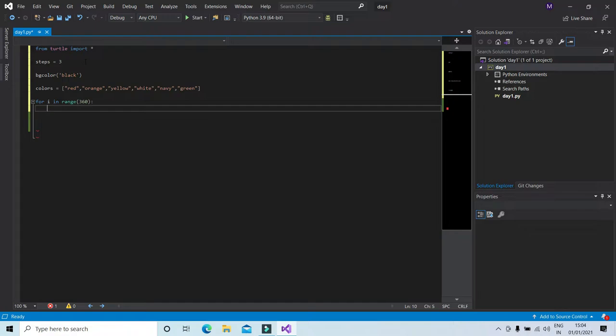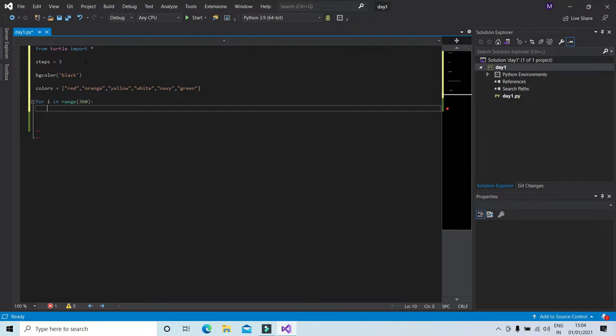As you have seen in the pattern, it consists of many triangles that are being rotated at a certain angle again and again, and each edge of theirs is of a different color. So this range 360 determines the number of triangles that are being used while creating that pattern.